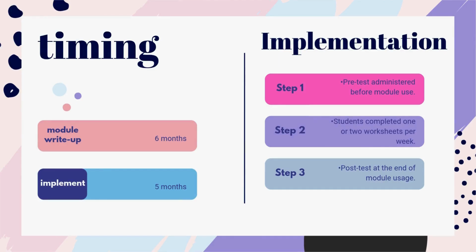For the initial step of the implementation, we carry out a pre-test to analyze students' current proficiency level. This was recorded for comparing with the post-test. At step 2, the students were given the module. Each week, 1 or 2 worksheets will be completed. Then, at the last step, step 3, in the month of May, a post-test was given to record their developed proficiency